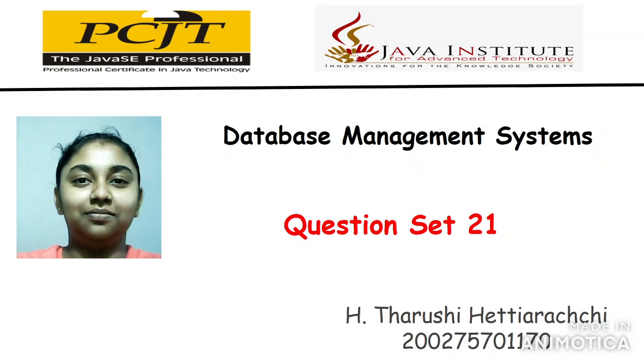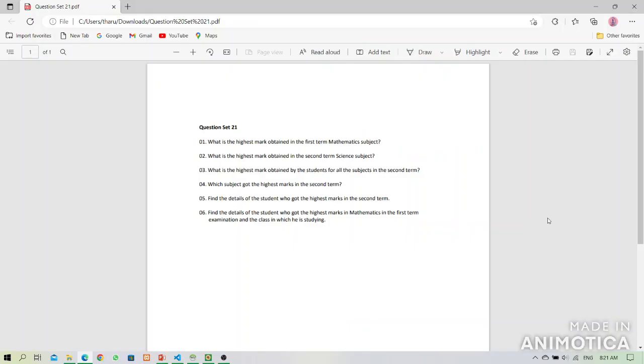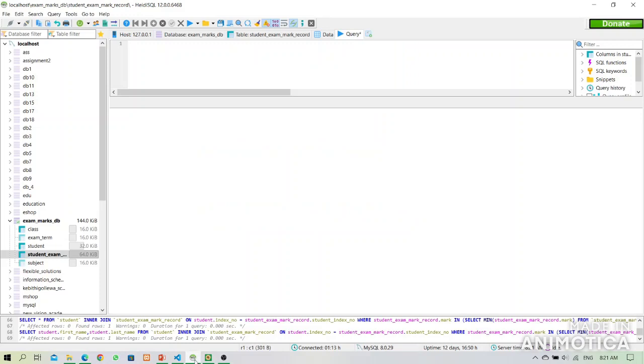Okay, the first question is, what is the highest mark obtained in the first term mathematics subject? So we have to find the highest mark in mathematics. Select all from student exam mark record. The table name should be inside the gradient. Then we have to inner join the subject table